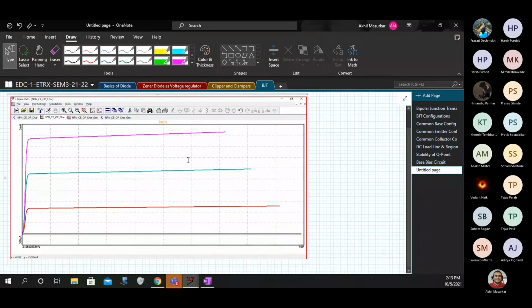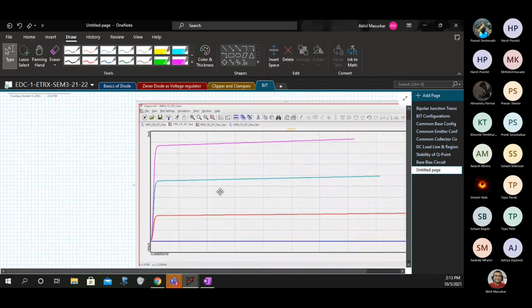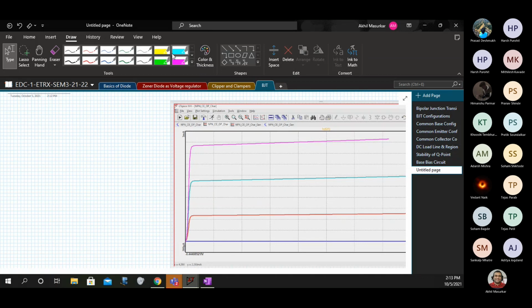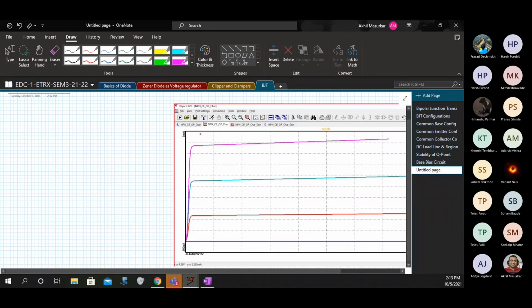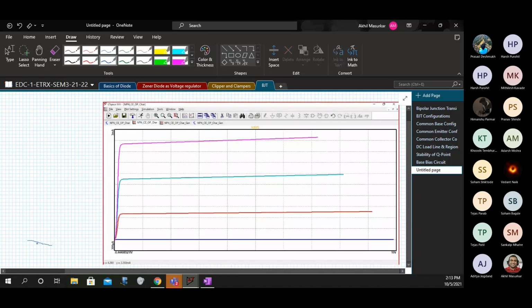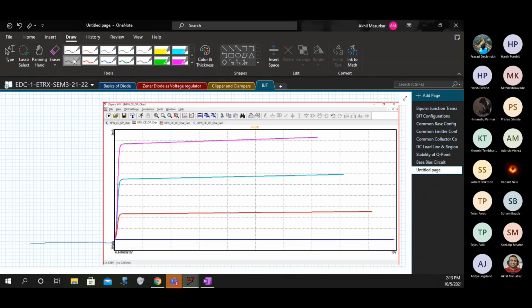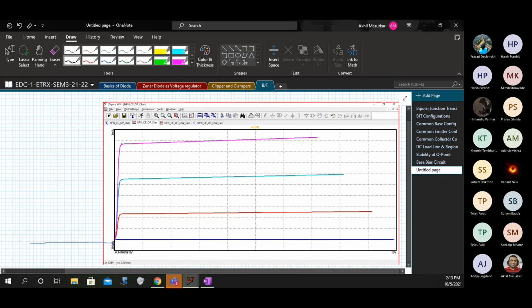Since it's having a slope, it will not meet here, but since we don't have so much space, I'm just extending this here.